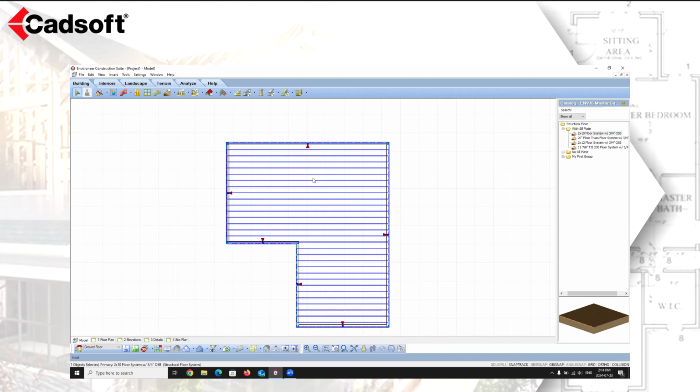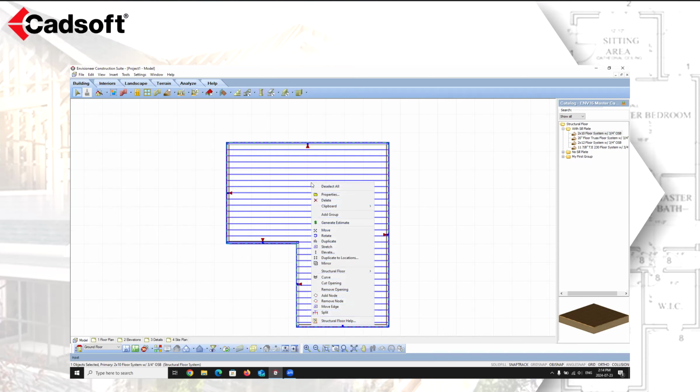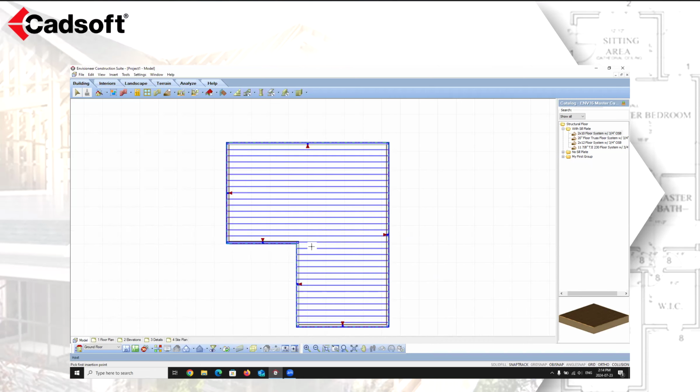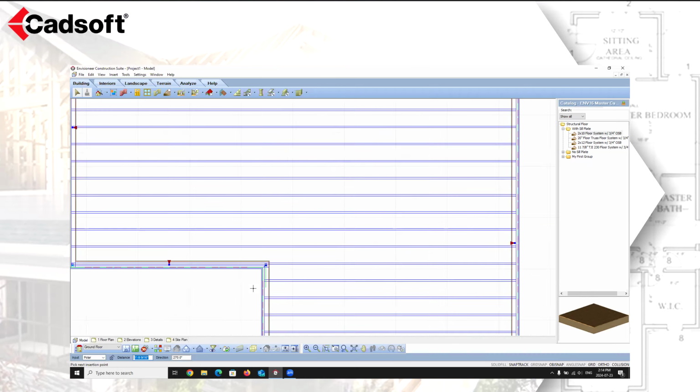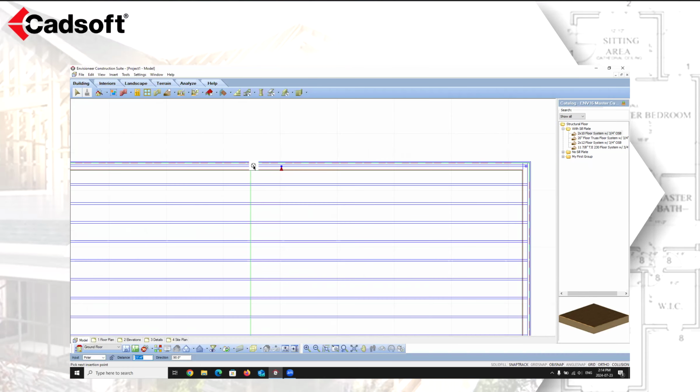So with the structural floor still selected, I'm going to right click, and under structural floor, so not under properties, under structural floor, you're going to have an insert bearing line. I'm going to click on that. I'm then going to zoom in on this corner, and I'm going to left click once right here. I'm going to move my mouse up, and I'm just going to stretch it all the way up so that